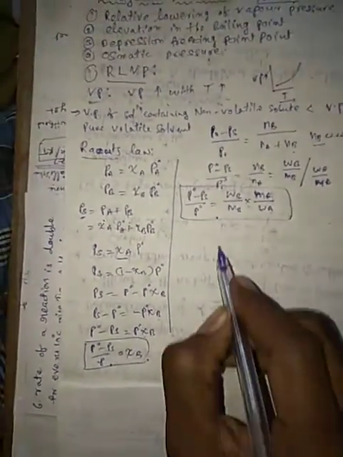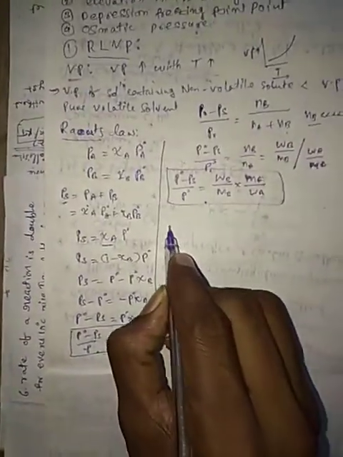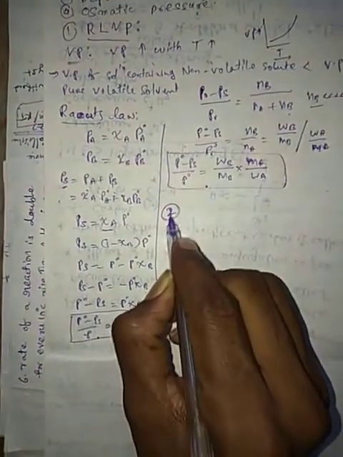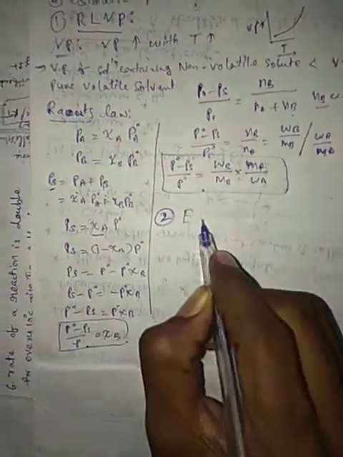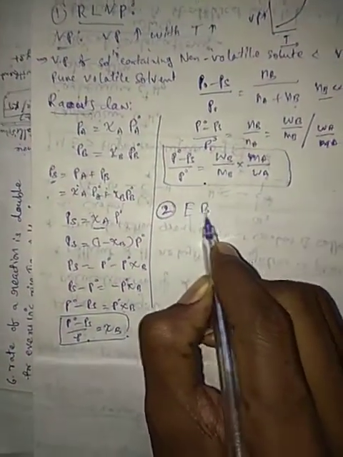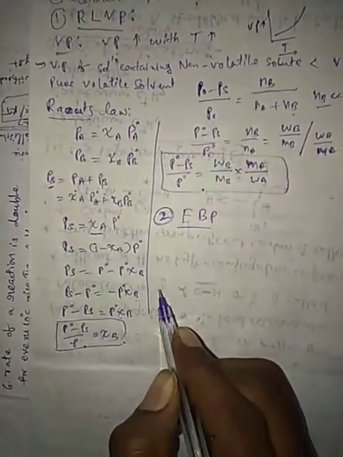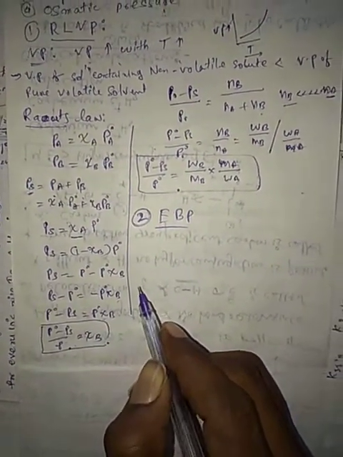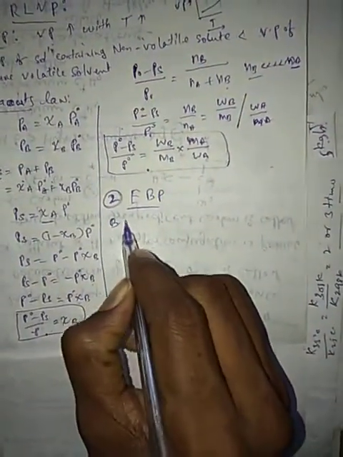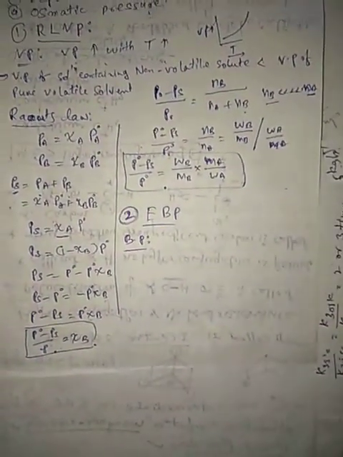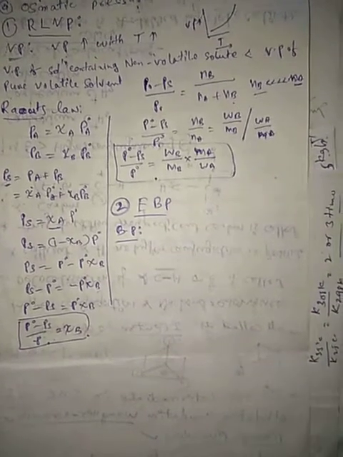Now I am going to explain the second colligative property, that is elevation in the boiling point. Now what is the meaning of boiling point? The temperature at which the vapor pressure of the liquid is equal to